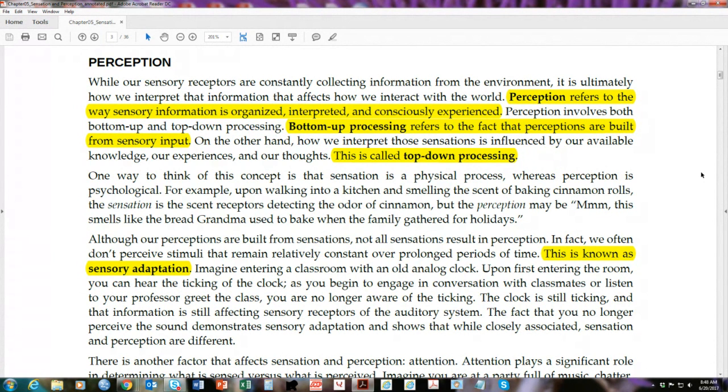And bottom-up processing is essentially building a perception from component sensory inputs. All right, so this is building it from the bottom up. Top down is when you have what we might call a mindset. So you're focused on something or you're thinking about something. For instance, we could say,